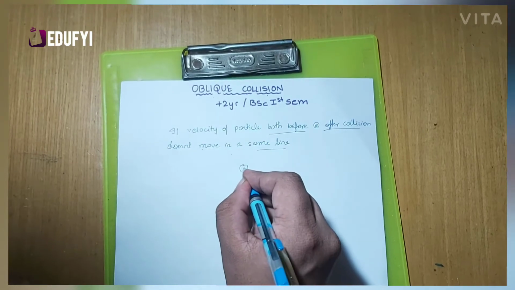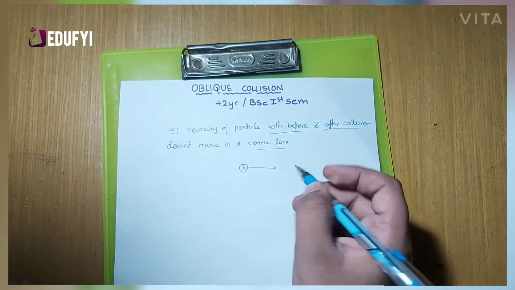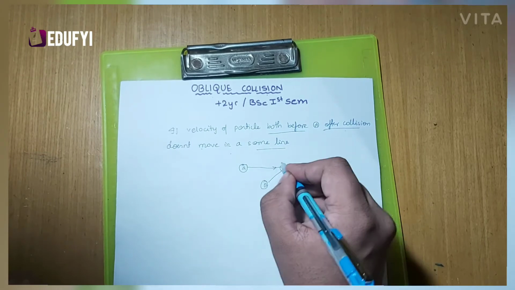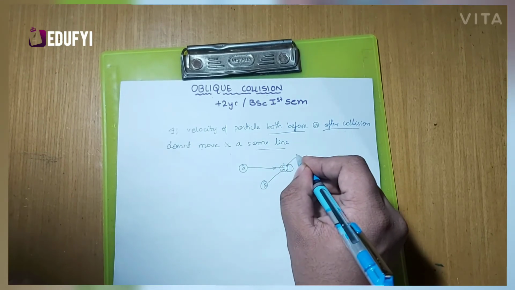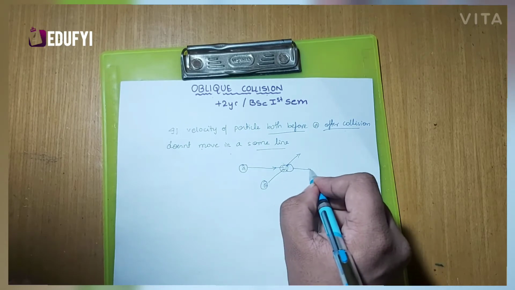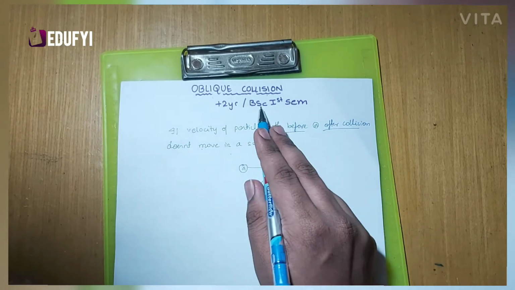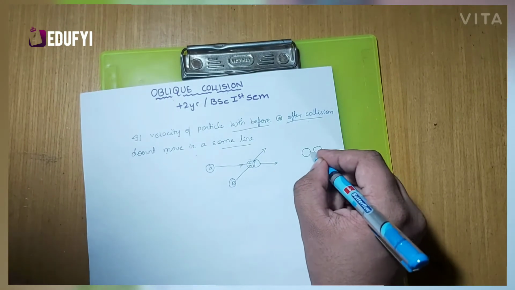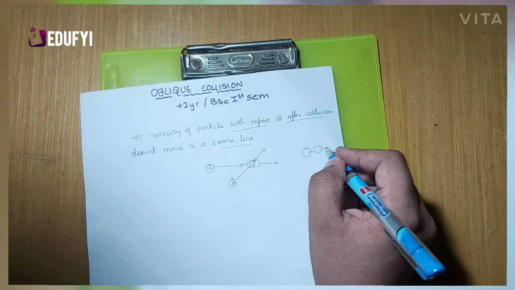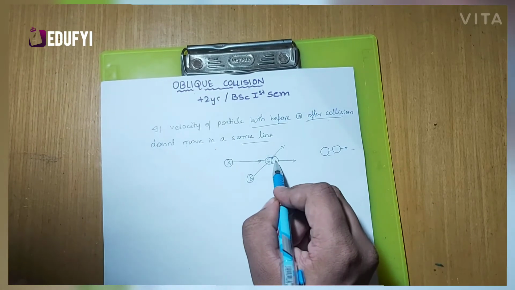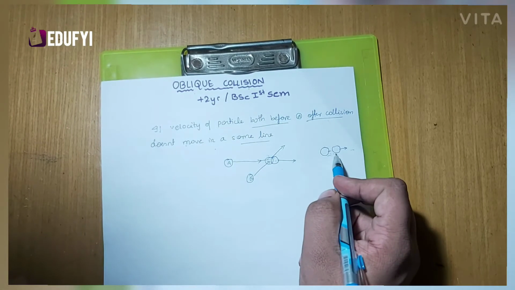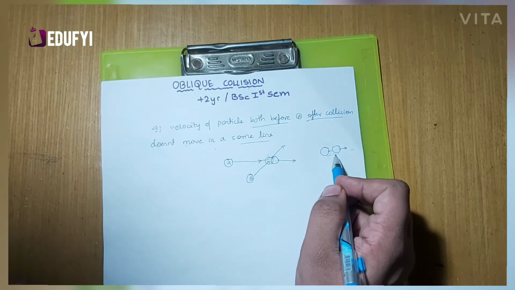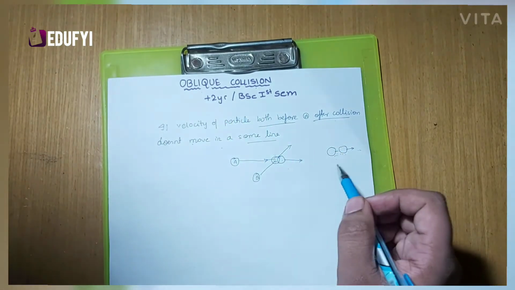For example, if a particle A is here and is moving in this line, and a particle B is here and is moving in this side, this collision happens and one of them moves in one direction and the other moves in the other direction. This is called oblique collision. Whereas head-on collision, which I have done in the previous video, moves in the same path, in the same direction. So this is head-on collision, this is oblique collision. So there is a difference. Make sure you check out the head-on collision video, the link is in the description, so you'll know the difference.